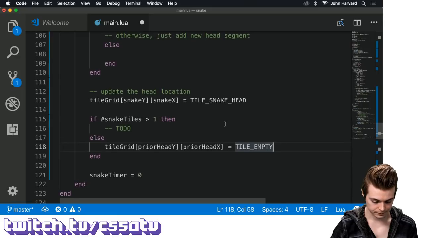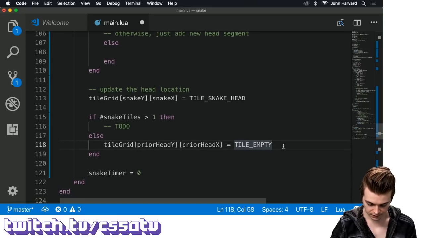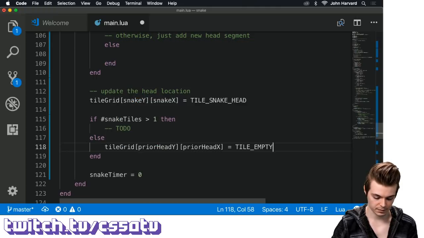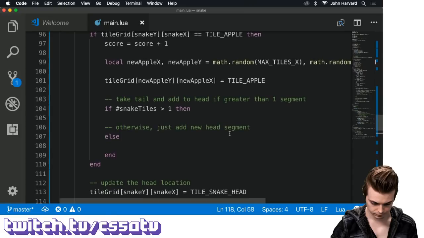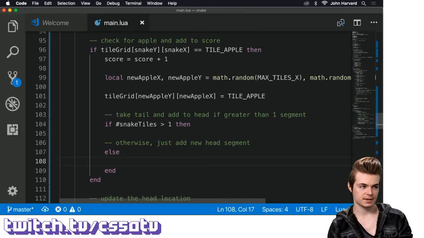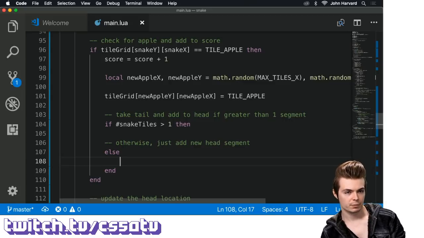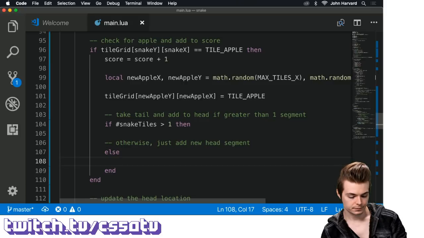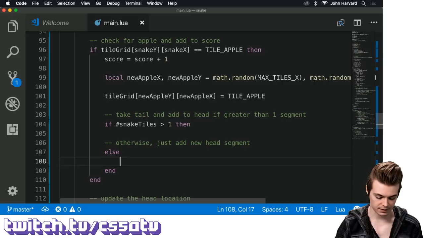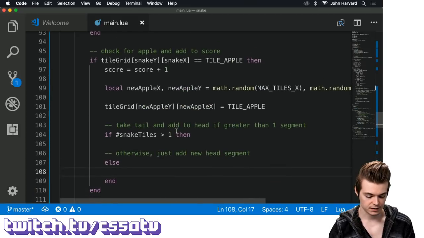Okay. So prior head as tile empty. Snake tile. Oops, nope, this isn't where we need to be. Okay. So if we're at just one segment, and apologies if I'm going a little bit slowly, just want to make sure I think through this correctly. We're going to move forward, and then we're going to keep the head where it is. So SnakeX and SnakeY is still going to exist, and